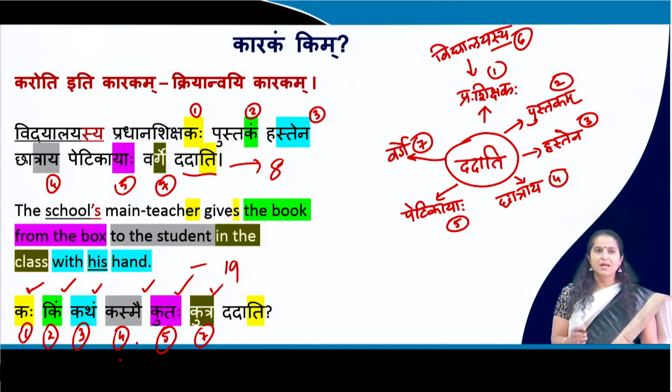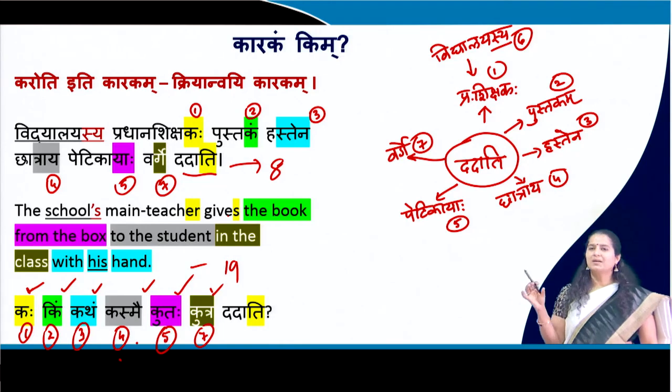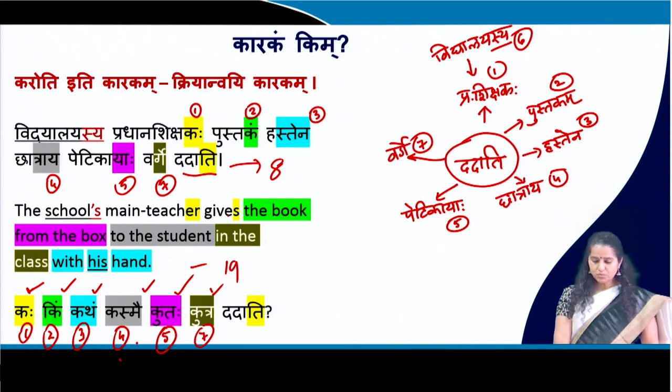So what is a Karakam? Karoti iti Karakam, as we had seen, and Kriyan Vai Karakam. So Karakam is that which answers questions regarding the verb specifically, and therefore we had 6 of them, excluding the genitive, which is included with the Vibhaktis but not there as part of the Karakam because it doesn't directly connect to the verb itself. As you can see that Vidyalayasya is not directly connected to Dadati in any way. So moving on,